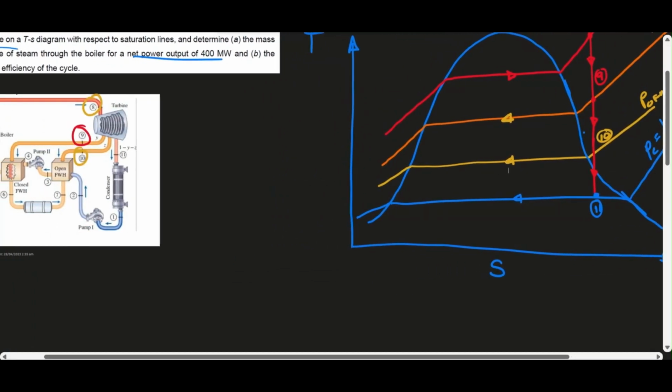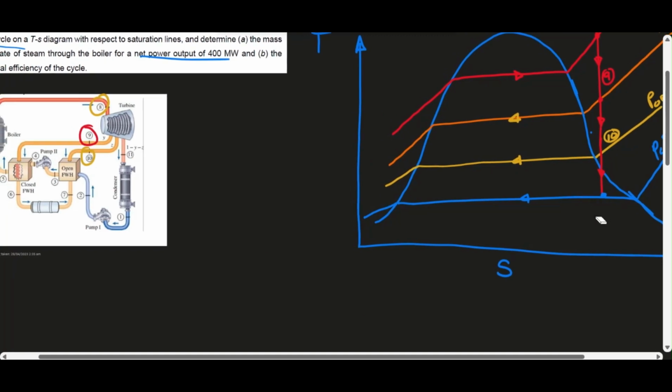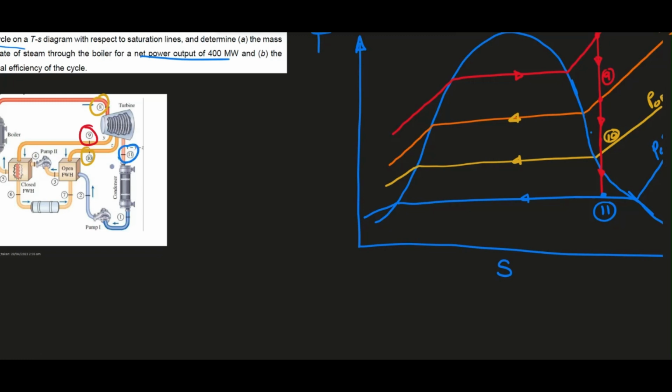So from state 11, steam exits the condenser and enters pump 1. So it exits the condenser as saturated liquid at state 1, and then